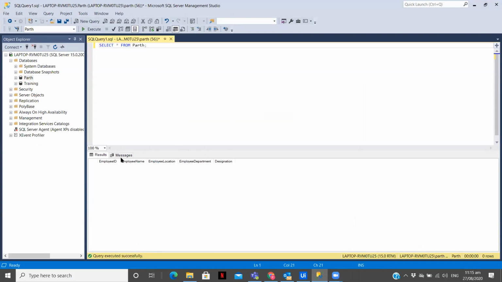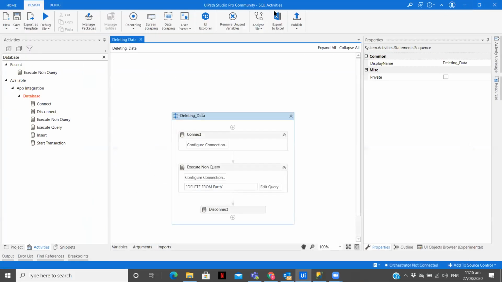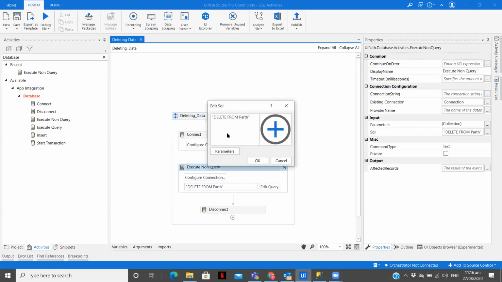Now the third one is we want to delete this table as well, so there will be no existing table with the name path. Let's see how we can do that. To delete the complete table, what we have to write is drop table path.